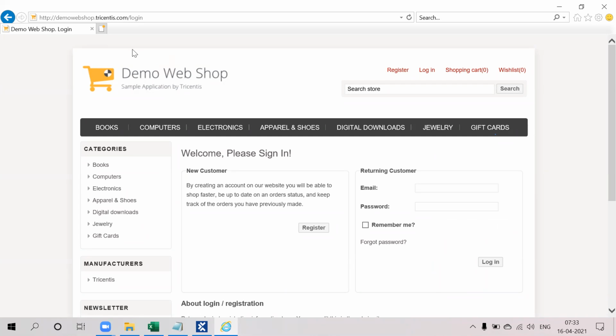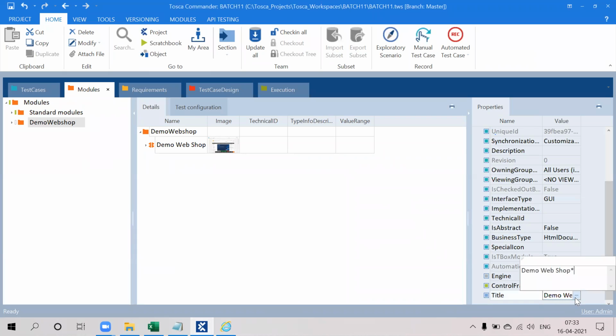If you are not making it dynamic by adding the wildcard character, your script might fail. So I have added a wildcard character to make the title unique.